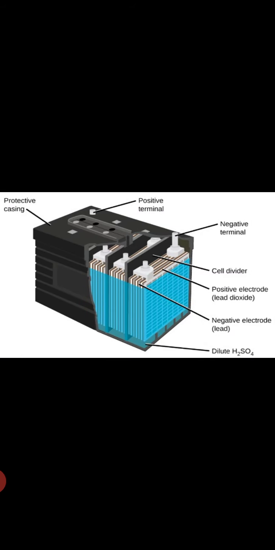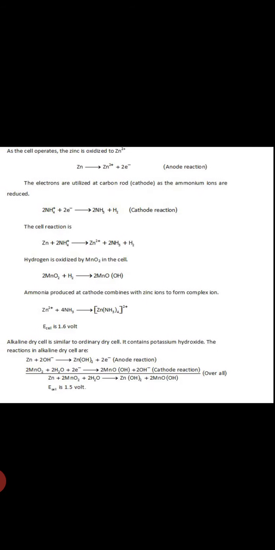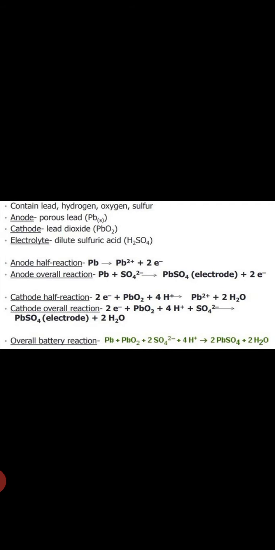This is externally, you know it. Now next we will be coming to the reactions which are taking place. Now see, this is the reaction. Already I have told you the anode is the lead, the cathode is the lead oxide, and the electrolyte is dilute sulfuric acid. The anode reaction: the anode is going to lose electrons, Pb minus 2e- gives Pb2+, and this Pb2+ reacts with sulfate ion from sulfuric acid to form lead sulfate.